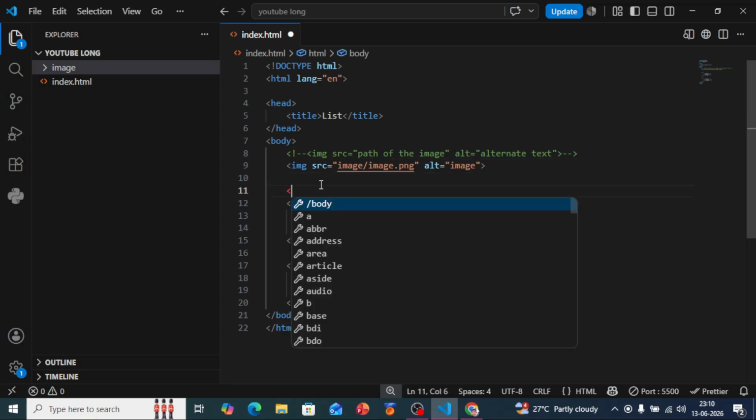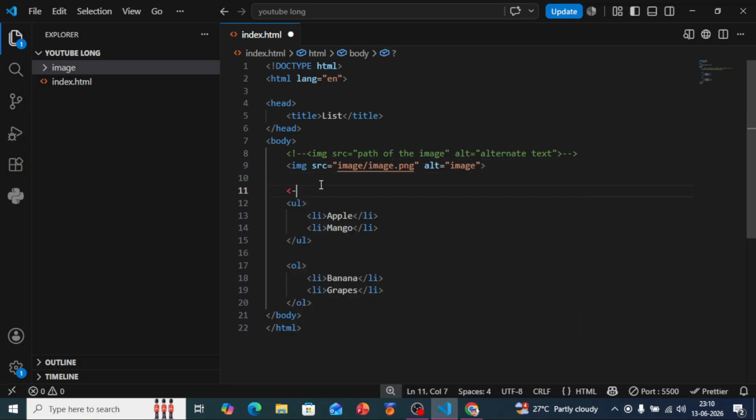Now for UL, there is a shortcut for creating a comment also. Like I have written, UL stands for unordered list.